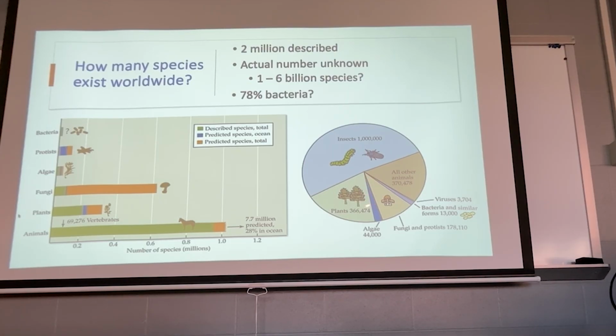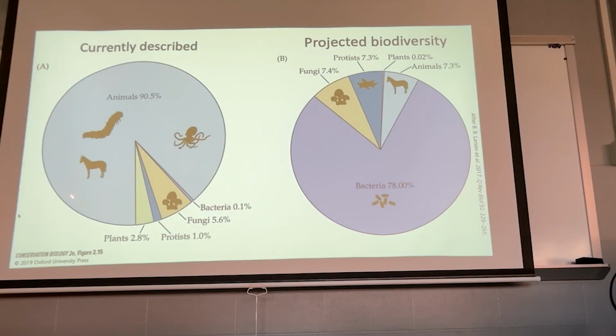Plants, pretty similar, most of those being terrestrial plants, plants that live on land. Then you got a little sliver here of algae, little sliver of fungi and protists. Here's bacteria in similar forms like archaeans, and then a really small sliver of viruses. There are actually several thousand viruses that have been described across our planet. So this kind of gives you described species, and probably what the predictions are. New species are being added to this list every day. So this is our current understanding of diversity.